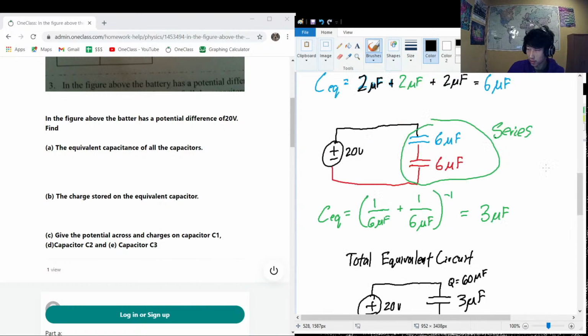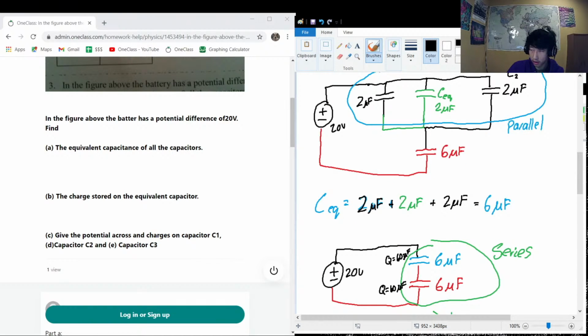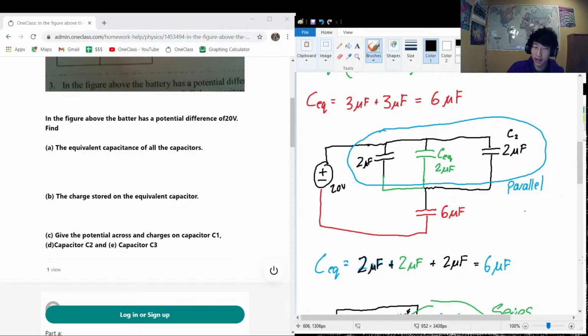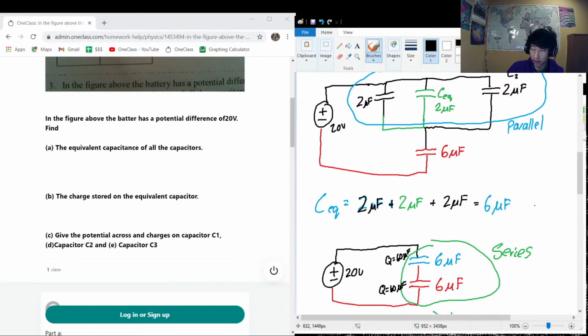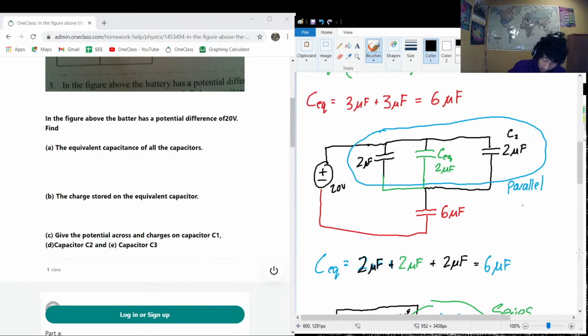Okay, which means up here they're in series, and we know that all series capacitors need to have the same charge. So here we have Q equals 60 microcoulombs. Here we also have Q equals 60 microcoulombs. Okay, so we're going to keep breaking this down, and we know that all of these together had 60 microcoulombs. The bottom is still Q equals 60